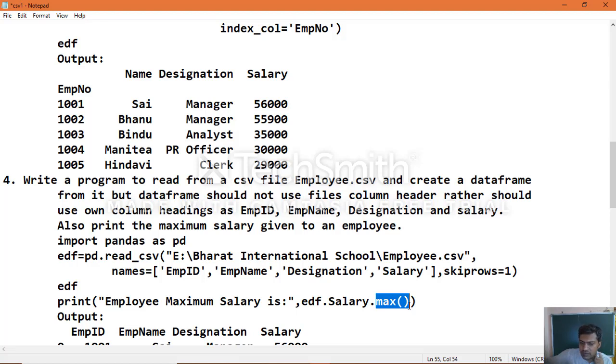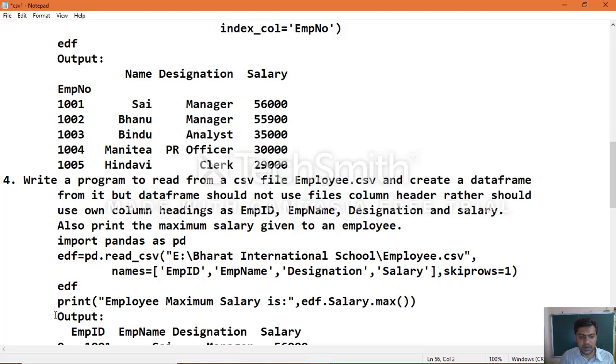So this is one of the functions you can use to get the maximum salary from the data frame: the data frame object name dot column heading, which column's value you want to get, dot followed by the predefined function max. Once you use it this way, you will get the output.